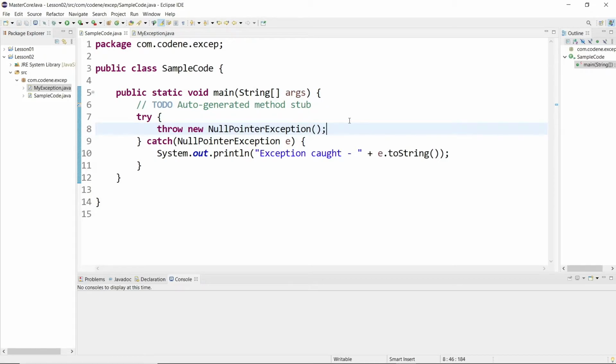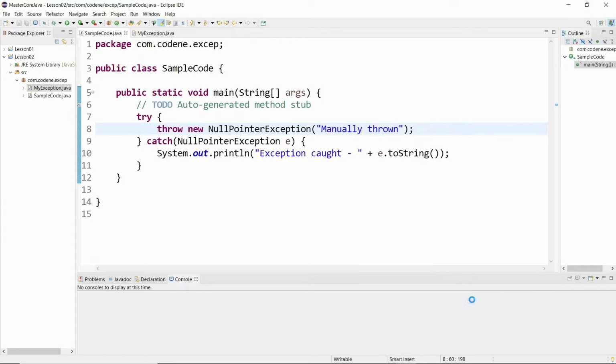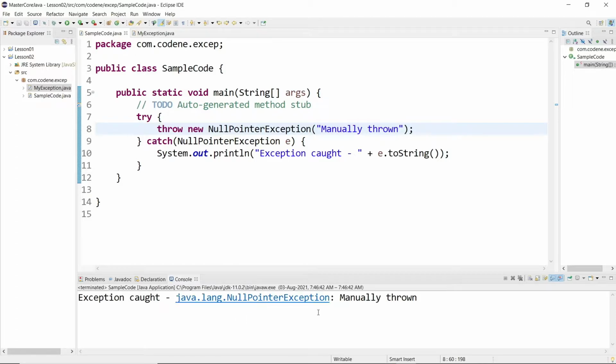And put something in the constructor like "manually thrown". All right, let's run this and see what happens. When I'm running this, you can see an exception is getting thrown manually.